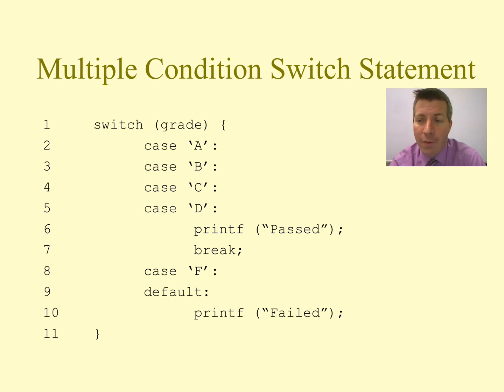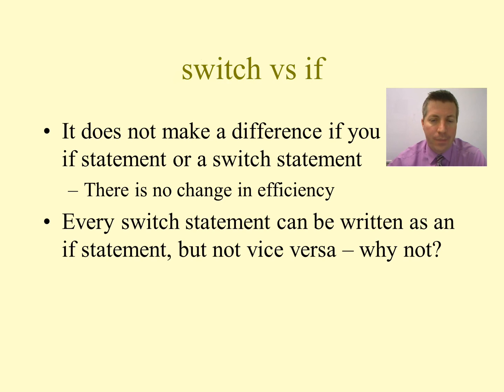So we do have a way to have or, but we do not have a way to do and. Since we're solely checking equality on a single variable, it makes no sense for us to be able to do an and, because you will never have more than one condition true unless you're checking for the same value, in which case you wouldn't need to have more than one condition. So it makes no sense to have an and operator for switch statements, just the or operator. Okay,